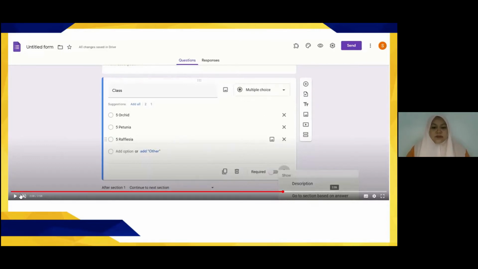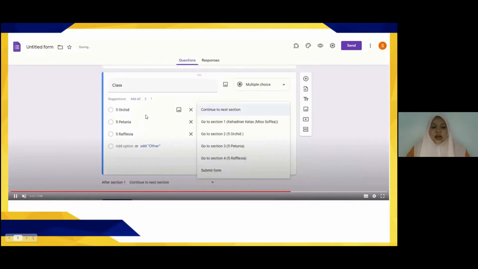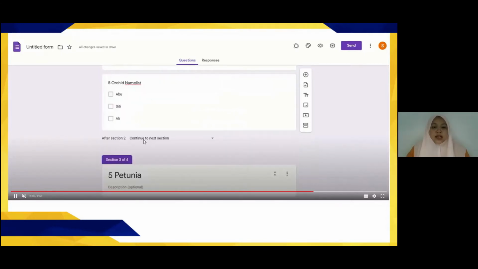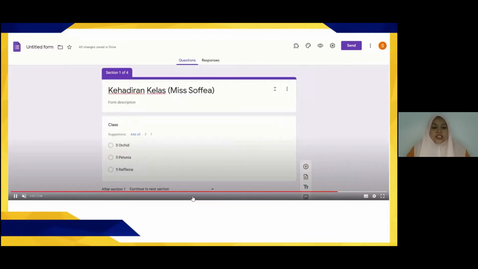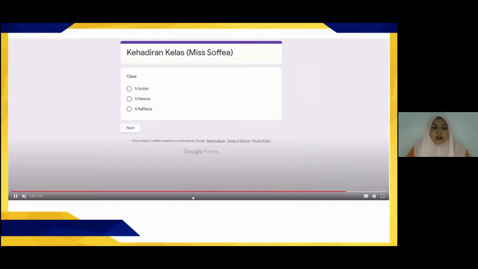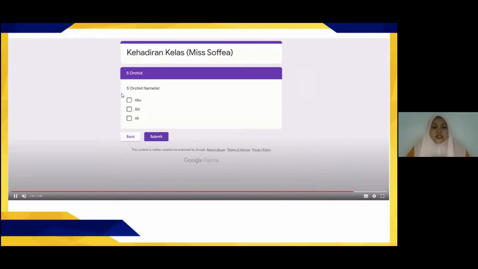and then what you do is you choose this part here, go to section based on answer. And then you simply have to match the classes to the section. So 5 Orchid with the 5 Orchid section, 5 Petunia with the 5 Petunia section, so on and so forth. And then make sure that after each section, you click on submit form, so that students would not have to go through other people's name list before